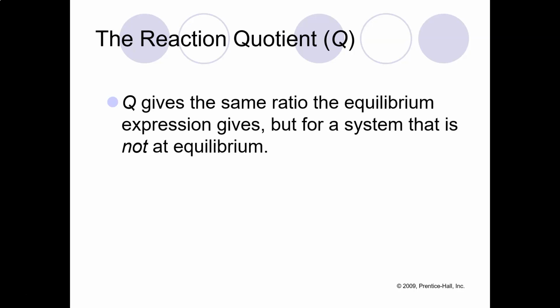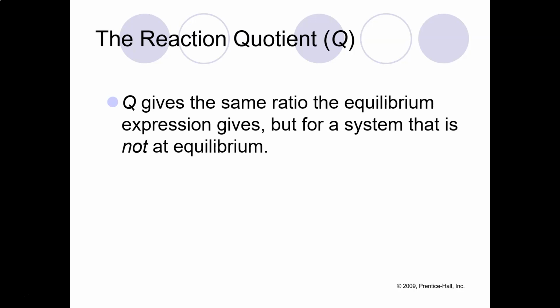So anyway, the reaction quotient, I call it the right now constant. Capital K is the equilibrium constant. Capital letter Q, the reaction quotient, is the right now constant. It works exactly the same way as the equilibrium constant, with one exception: we're not held to the rule that it must be at equilibrium. So you can take the numbers in your reaction right now, even if you don't know if it's at equilibrium or not, put them in the reaction quotient to see what the reaction quotient is right now,